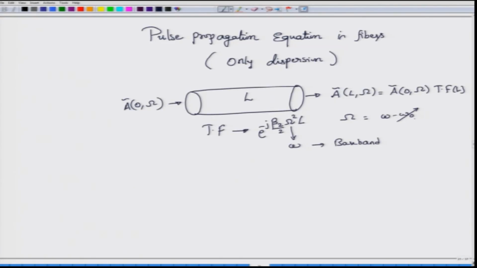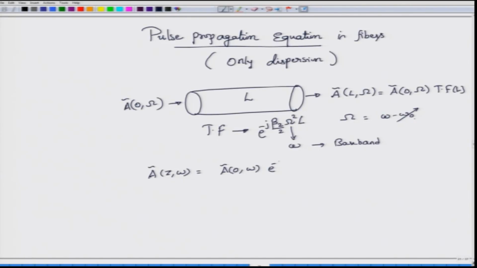Okay. Now, before we go ahead and understand different pulses and how they are affected by the dispersion parameter beta 2, let us derive what is called a pulse propagation equation. Now, this derivation is not so mathematically rigorous. I do not want to focus too much on the math of this pulse propagation equation, but I do know that in general the Fourier transform of the pulse, after it has propagated a distance z in the optical fiber, can be obtained from A of 0, omega, which is of course the input Fourier transform of the pulse that is launched into the fiber at z equal to 0.